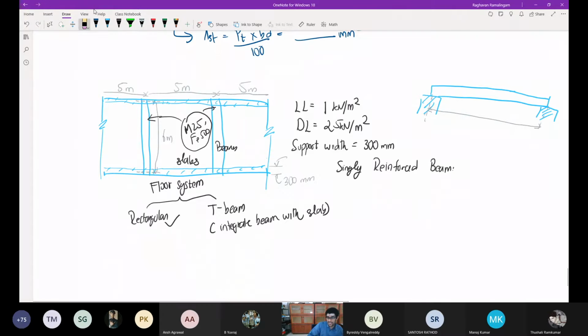Actually, the beam will not rest on the edge or center. If the support is there, it will be on the entire support. So center of this support to center of this support I've given as 6 meters distance. From this, I'll have to find the clear span, from the inner face of this support to the inner face of this support. If this is 6 meters and this width is 300 mm, what will be the clear span?